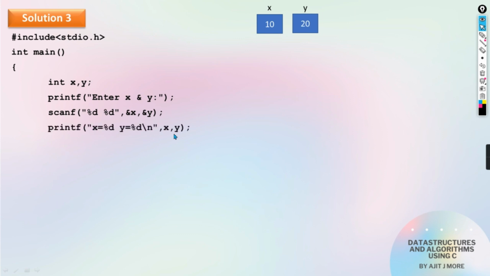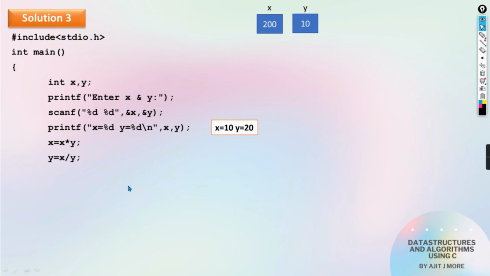Then we will first display the value of x and y before doing the swap. So current value of x and y is 10, 20. Then I told what you'll do, multiply x and y and store the result in x. So 10 into 20 is 200, and that 200 will come in x. Now what you do is, you divide x by y, but the quotient you keep it in y. So 200 by 20 is 10, and keep that 10 in y. So what will be the value of y now?